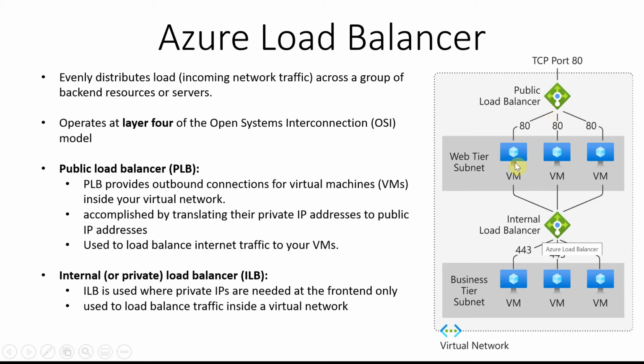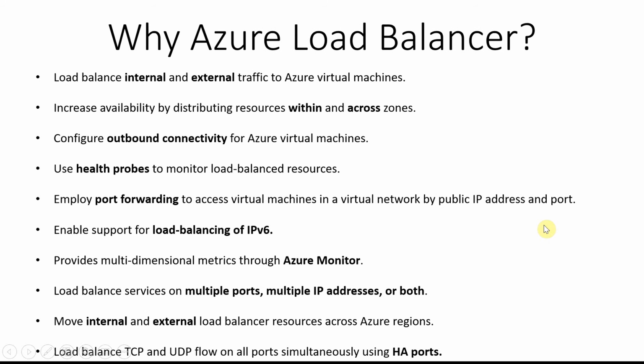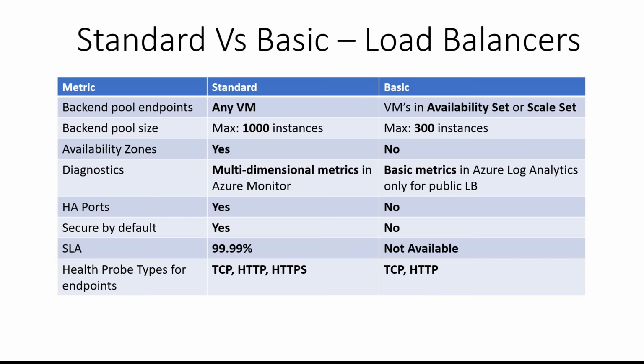they route the traffic to all the VMs, and generally these VMs do not have a public IP, but this load balancer will have a public IP, and that will route the traffic to other VMs behind the scenes. So that is the public load balancer, and it is also possible to have an internal load balancer as well. So we saw about that, and also we looked at why you need to use load balancers and what are